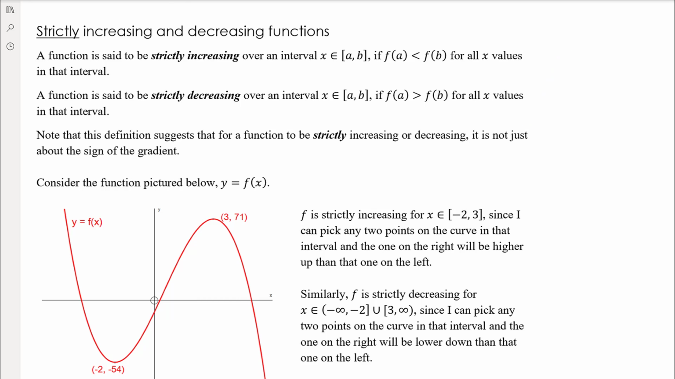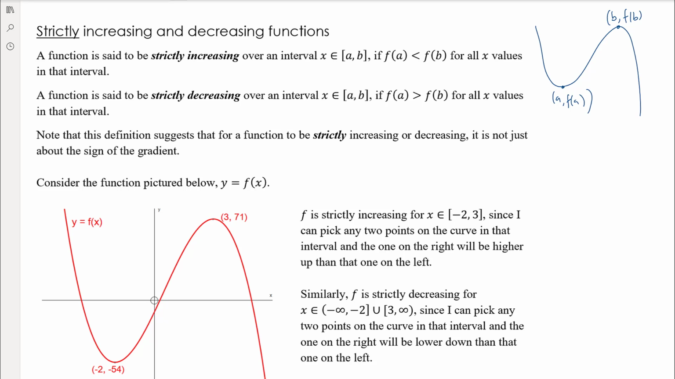Let me do it the other way. Let's say I've got a cubic that does this. Okay, so let's say that's the point A, f of A. That's clearly the point B, f of B. Okay, we've got positive gradient between A and B. So increasing function between A and B, not including A and not including B, because the gradient is 0 at